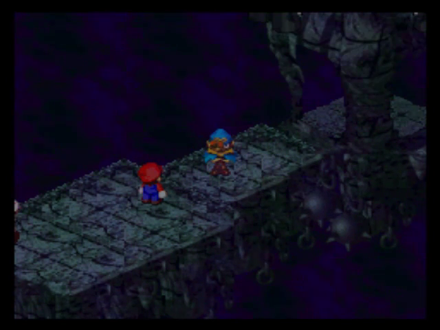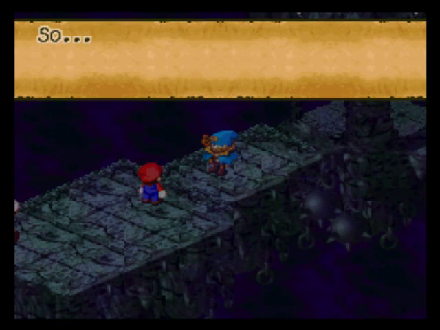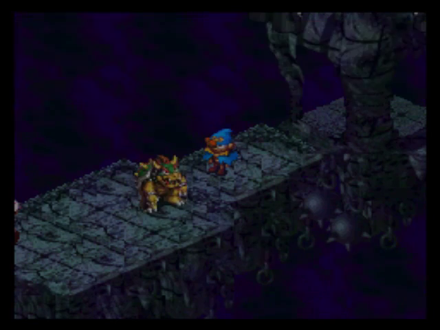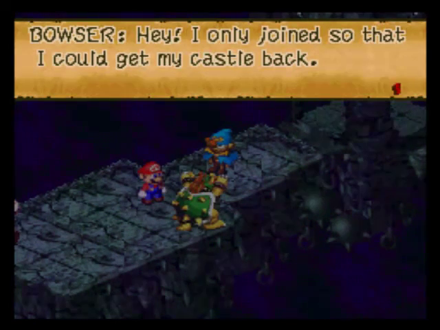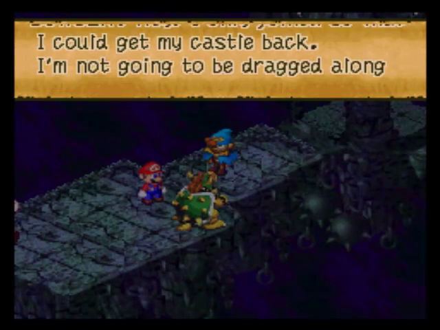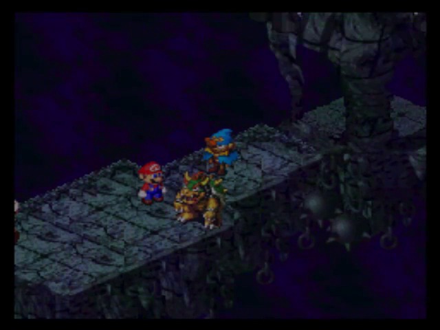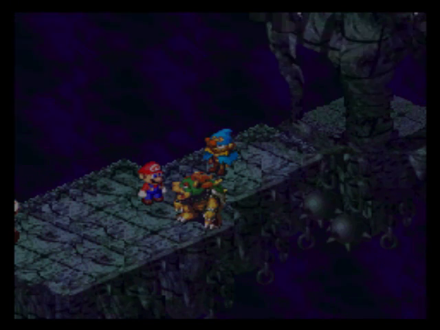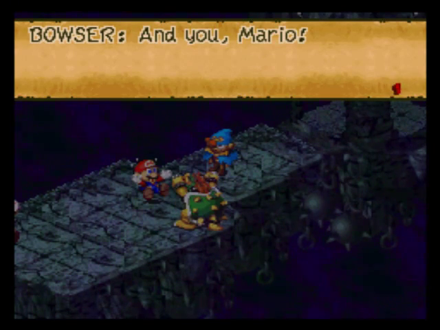This is the gateway to Smithy's area. The final area of the game. But we're not going to go through here quite yet. There's still a couple other things I want to do first. And, Bowser, you're part of the team, so why not join us? Although, we could do without you. We don't use you anymore anyway, so...